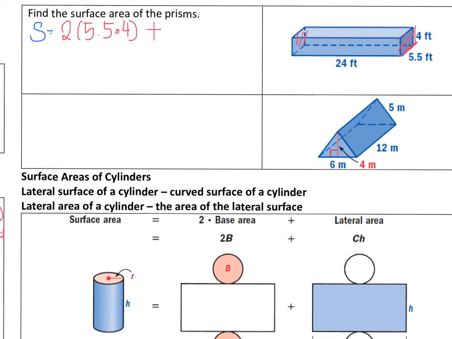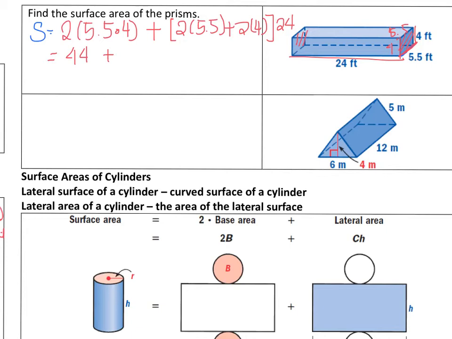And then we need to add it to the perimeter of the base, which is 2 times 5.5 plus 2 times 4. Okay, so this is 5.5, this is 4, so that's why we need to double it. And then we have a height of 24 feet. And after you simplify, you get 44